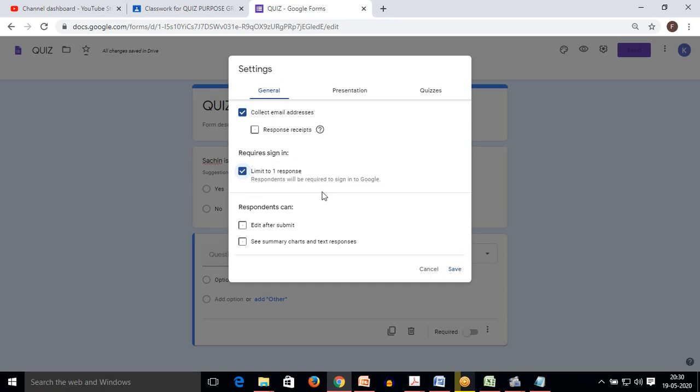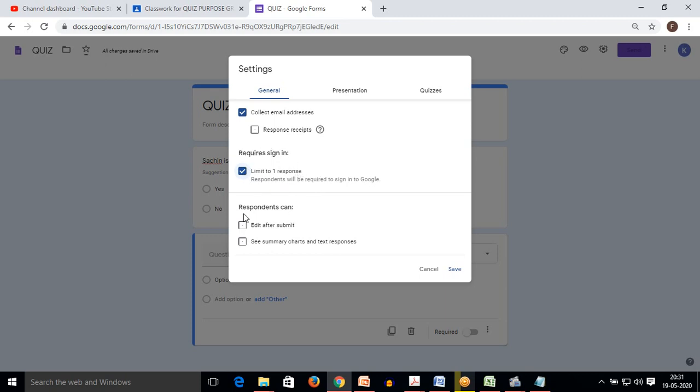Usually, if I am not turning this on, a single student may respond a number of times, so the quiz will go in a wrong path. I need only one response from each student, so I will turn on this tab.